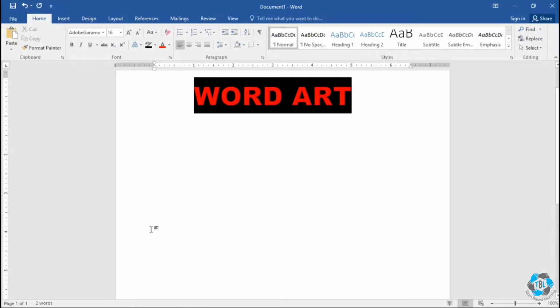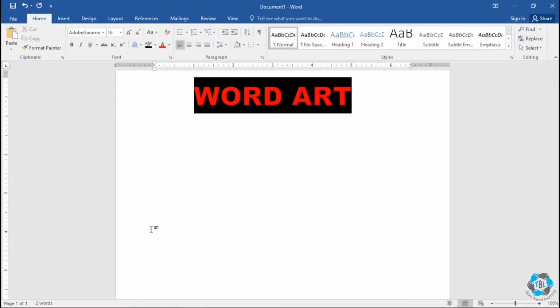Hello everyone. So in this tutorial we are going to be learning about shapes and WordArt in a Word document. Adding shapes is a great way to make your document look way more interesting and enhanced. Word gives you a lot of different shapes to choose from, and you can customize them using your own color preferences, your own color palettes and more.